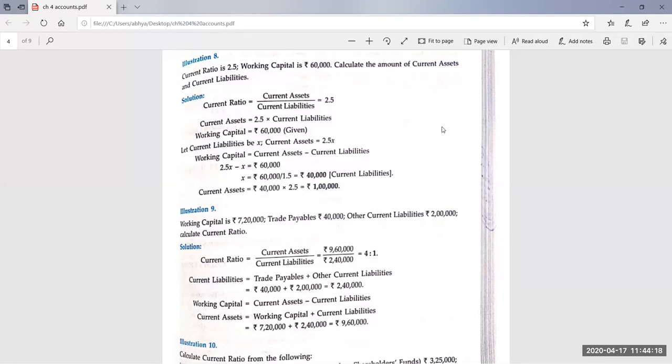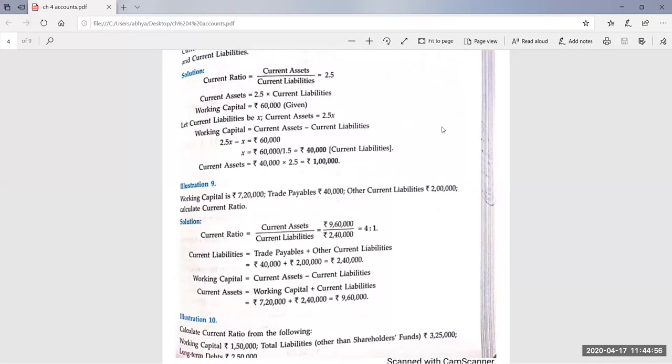Now by using the formula of working capital, find out current assets. Current assets will be equal to, by interchanging the sides, 720 plus 240. Thira, you have subtracted, I think. To find the current liability, subtraction will be there. To find the current asset, addition will be there. You have wrongly interchanged the sides, so correct it. So working capital plus current liabilities is equal to 9,60,000. This is the value of current assets. Now put the values in the formula: 960 upon 240, which is equal to 4:1.